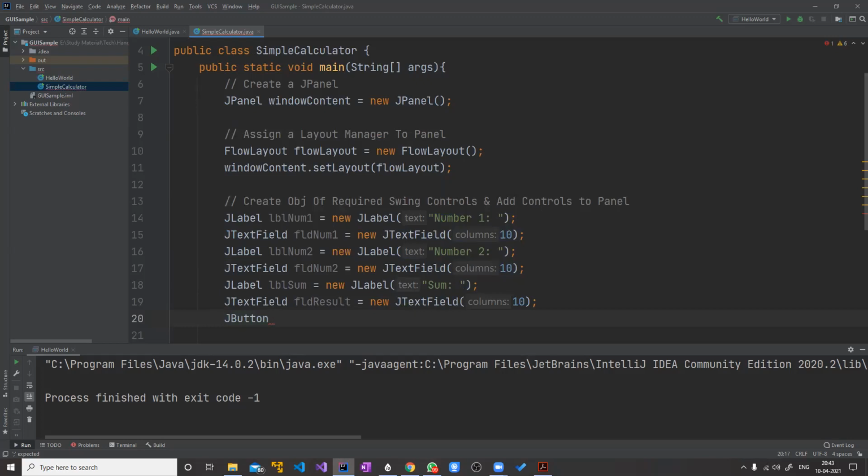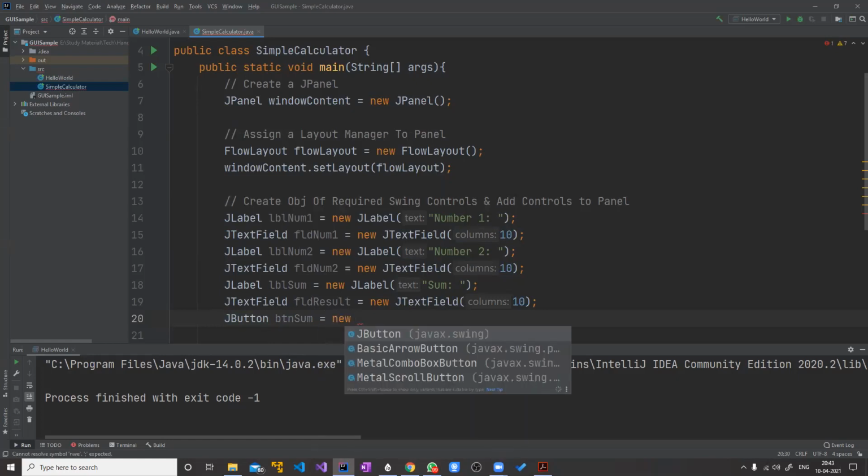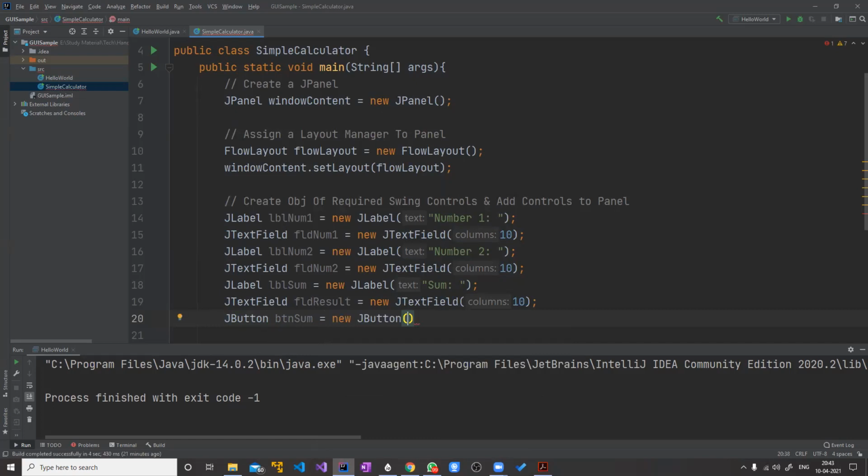Name of the button, let's say button sum is equals to new JButton. And what are you going to add? What are you going to display on this button? Let's say we have this add instruction.